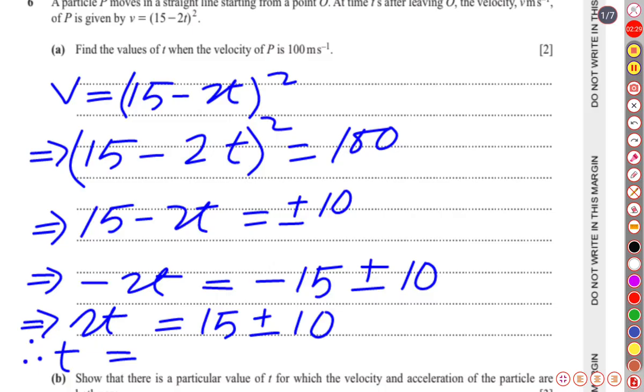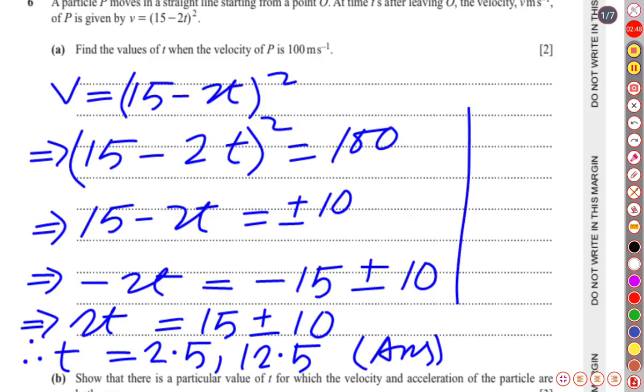If 5 is divided by 2, it is going to be 2.5, or the second value is going to be 12.5 seconds. So these are the two values of t. Let's see what the next question says. The next question is,